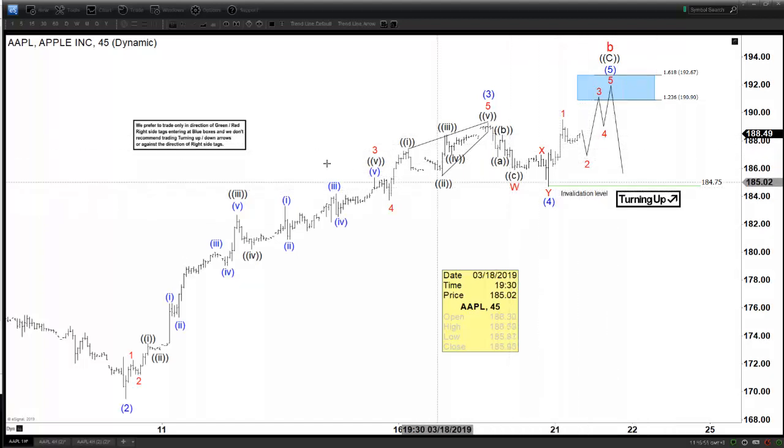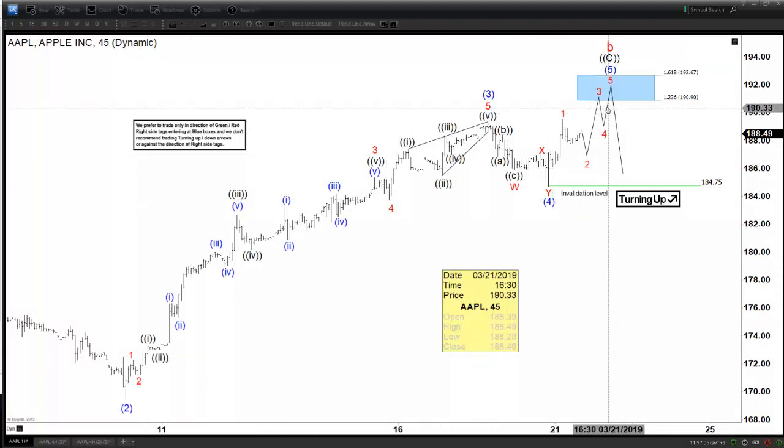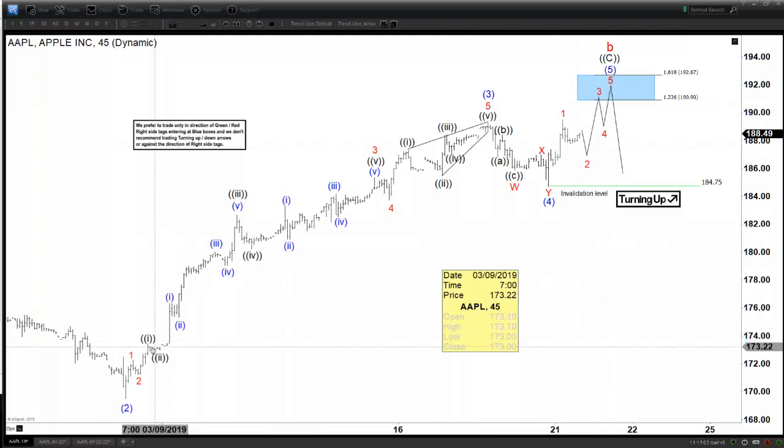So today is the Fed's meeting day and very interesting reaction in the Forex market and all asset classes basically. But today we will be looking at the stock market, especially Apple. This is a 45 minutes chart, which is a short-term chart of the stock. And over here we got this rally in Apple. We got this wave 2 here, the pullback to